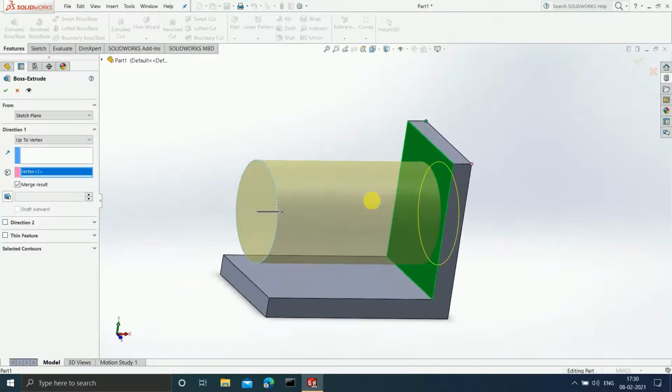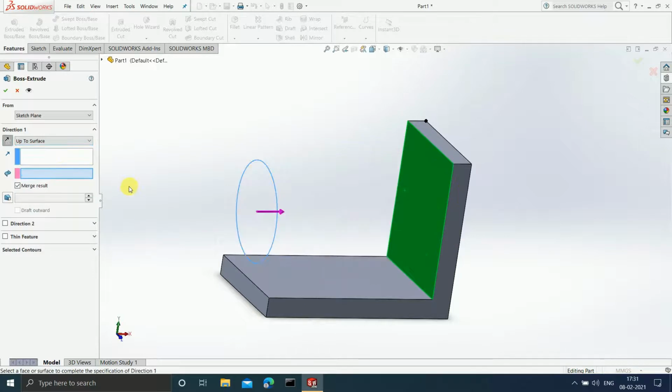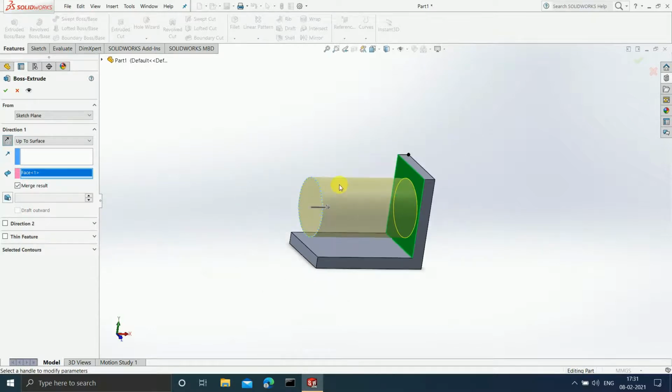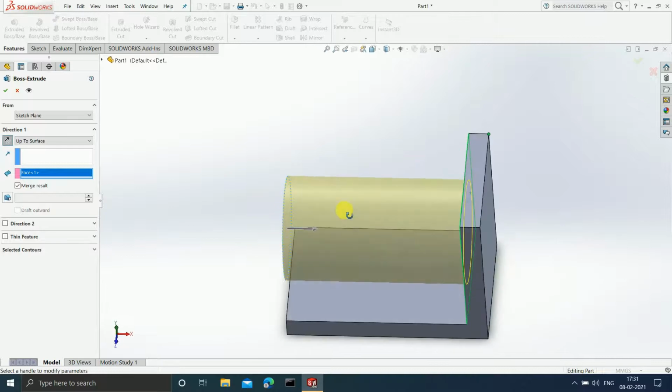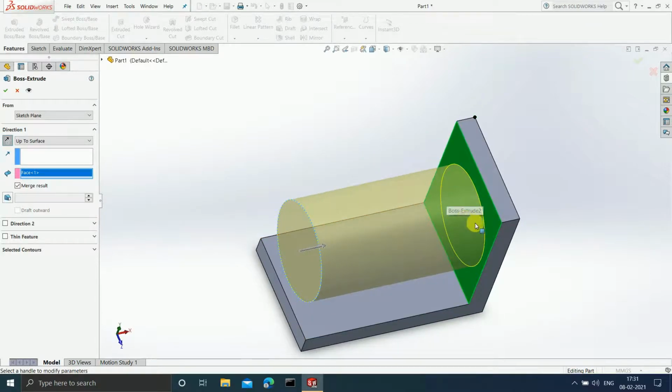Okay, now what is the meaning of up to surface? In the up to surface command, I have the feasibility to choose my surface. Suppose I want to extrude my sketch up till this surface, it is possible. But suppose I have made a mistake, and I don't want to extrude up till this surface.